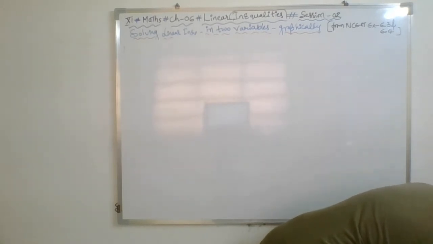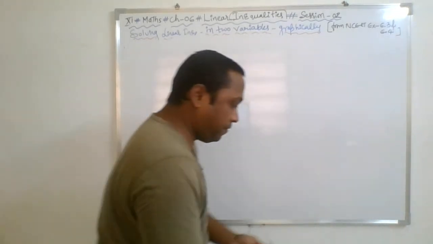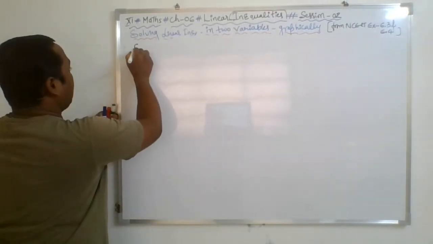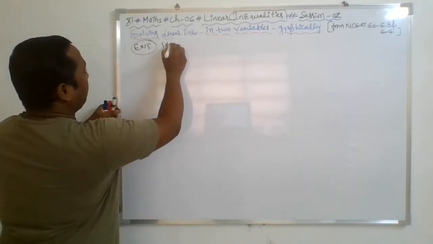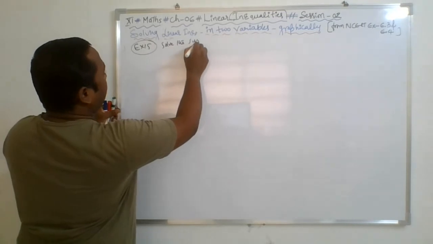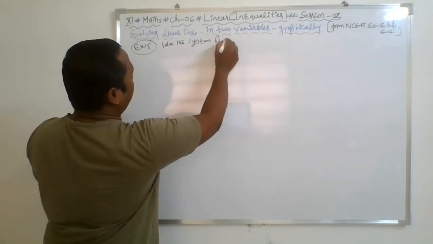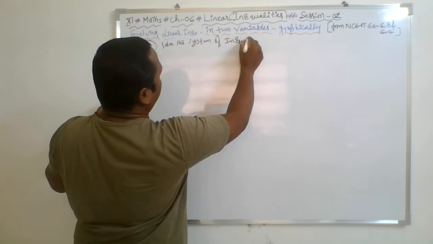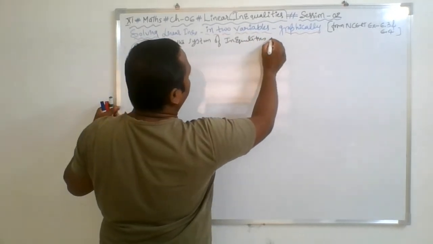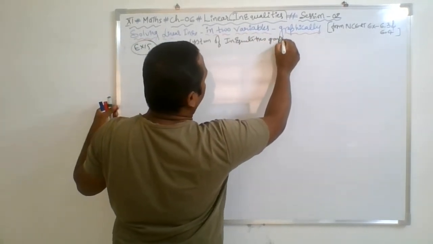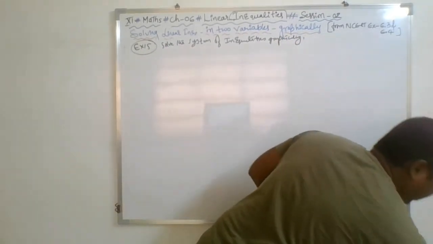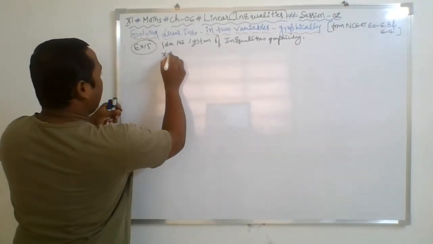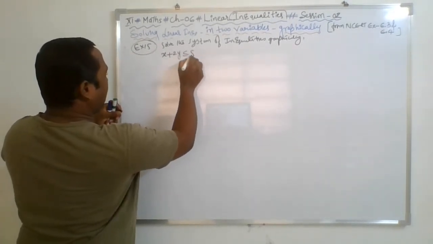Where I am taking now the inequality, example number 15 from the textbook. Solve the system of inequalities graphically, and the equations are given: x plus 2y is less than or equal to 8,